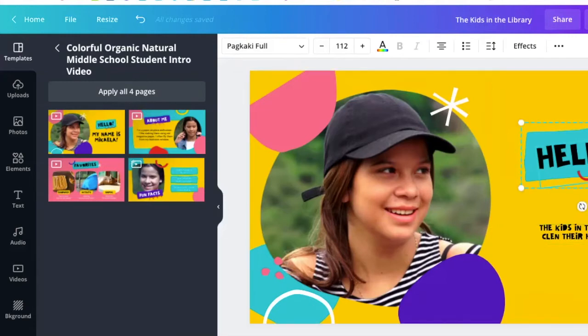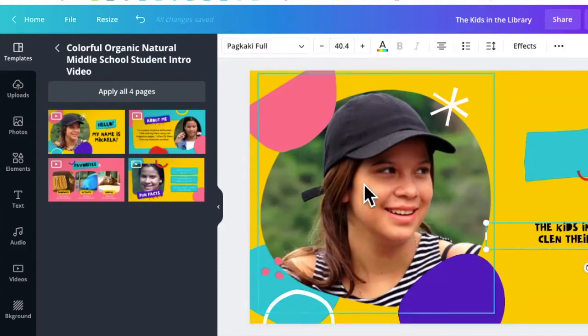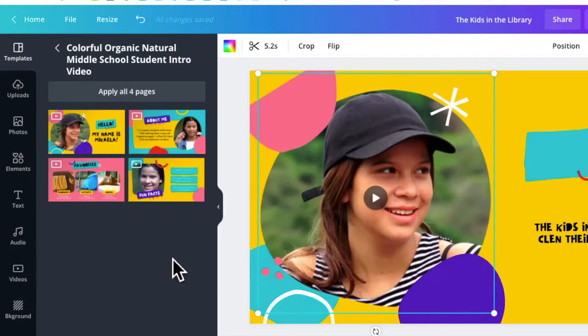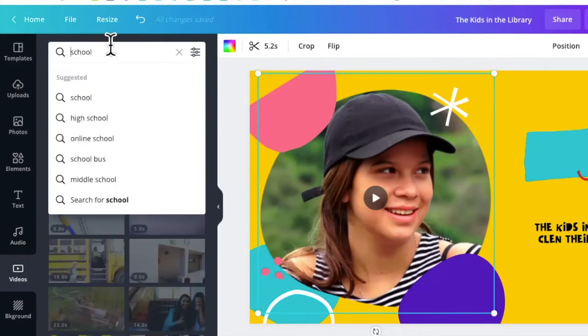And then I'm going to get rid of these words here because I don't need that element right there. Now, this is the fun part that I love about Canva. I don't have to go create video footage of someone cleaning their hands. I can go to the video section. I can type in